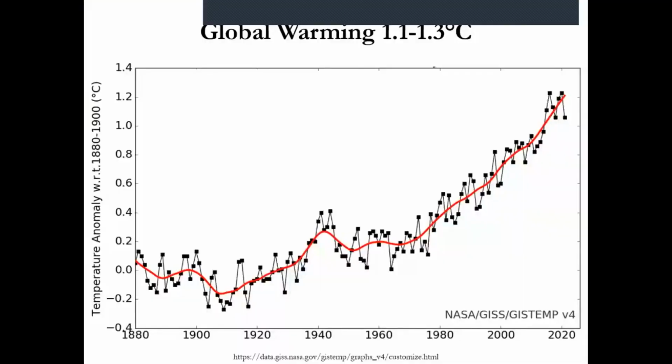So this is data from NASA. Each black square represents the average annual surface temperature of planet Earth. So it is aggregated from lots of measurements, including the ocean, beginning in the late 19th century. Notice that prior to World War II, there was a strong uptick in global warming. But then with the incredible manufacturing that occurred with World War II and also following World War II in the 50s and 60s, there were not any clean air rules, and the manufacturing was very dirty, spewing aerosols into the